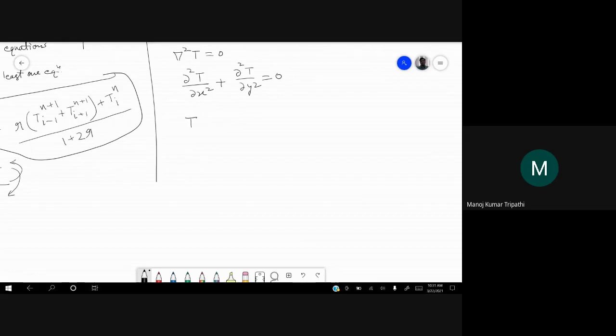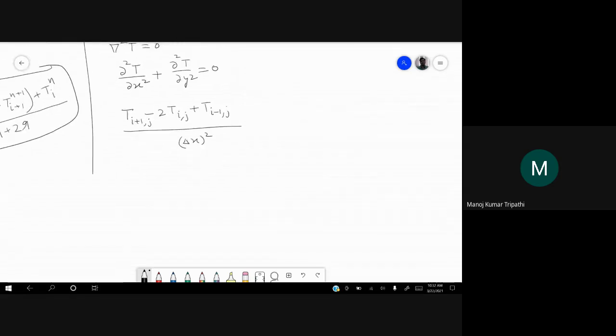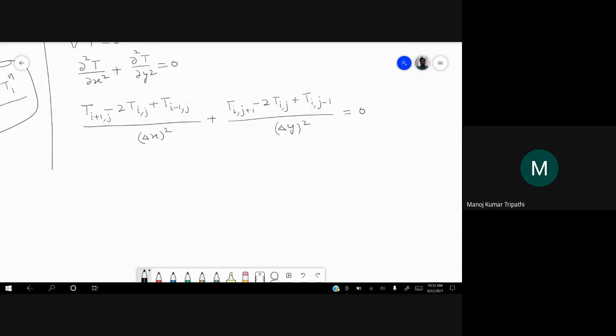And let us use central difference. Equal to 0.